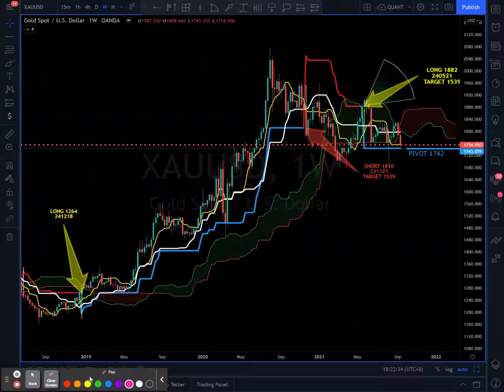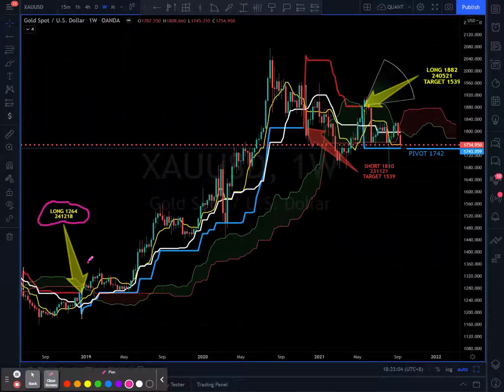So, continuing with the weekly chart, which I term as the medium term charts, and all these levels, not to worry, is in my blog, quantstrategic.com.sg. I'll put a link below the YouTube video for you to catch the levels and a recap that I've just captured in writing. And on a weekly chart, the medium term basis, we had a long signal initially on the 24th of December 2018 at